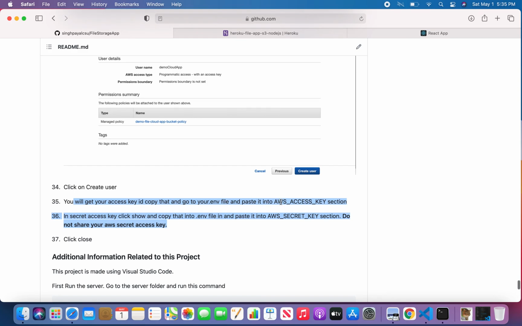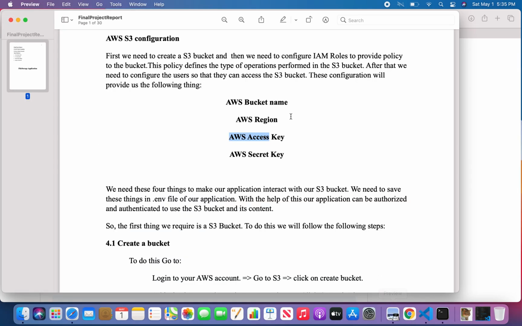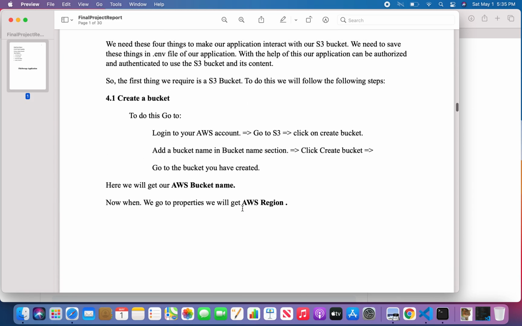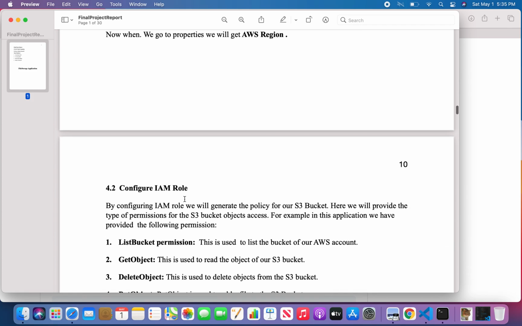You will get your AWS access key and secret access key. So as you can see, we got our AWS access key and AWS secret access key. So we got all the four things which are required for our application. Now this just explains creating a bucket, which I already explained to you.